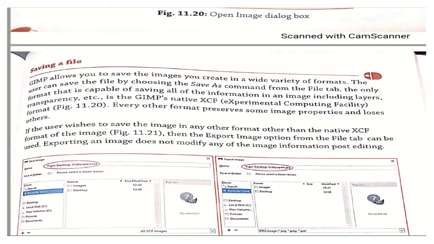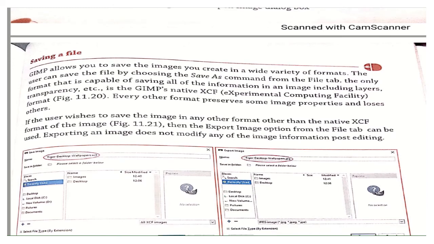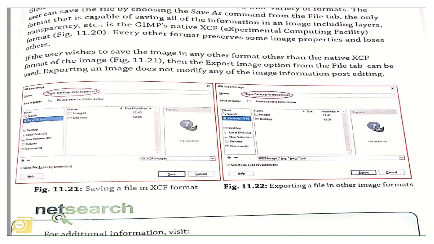Now how to save a file? GIMP allows you to save the images. Either you can use the shortcut Ctrl S, or you can go to file, then choose the save as command. From there, the formats capable of saving all the information are available. You need to choose the format in which you want to save, and then click on save. You also need to select the folder in which you want your data to be saved,